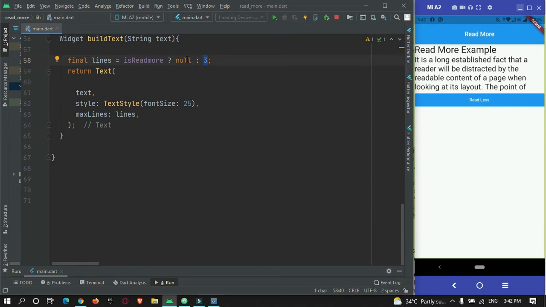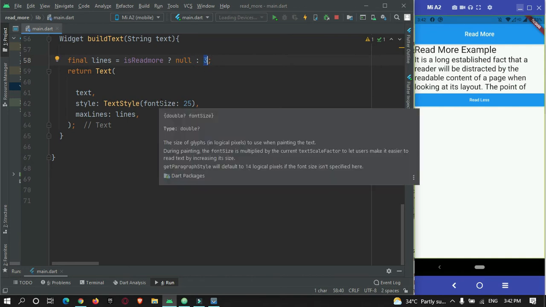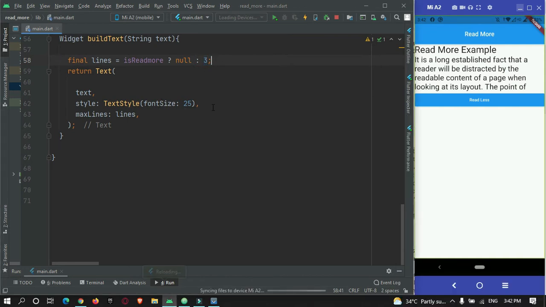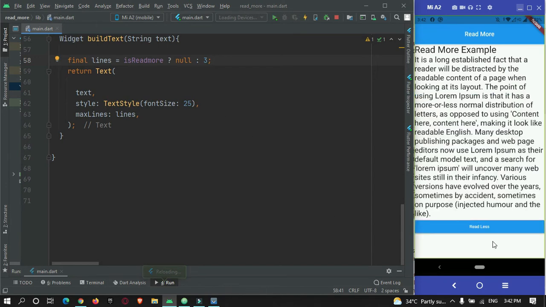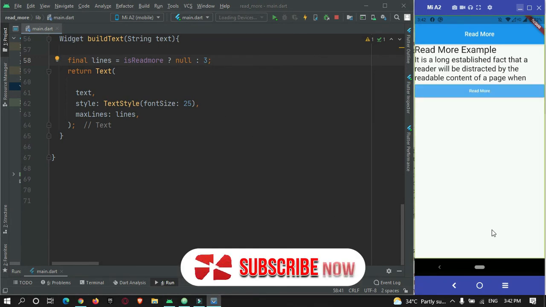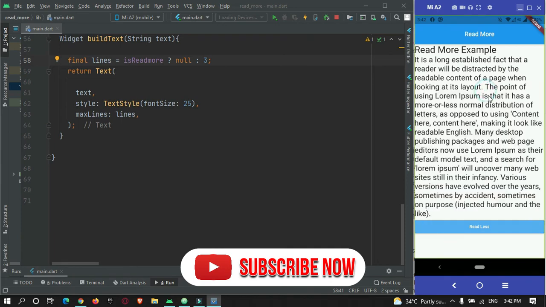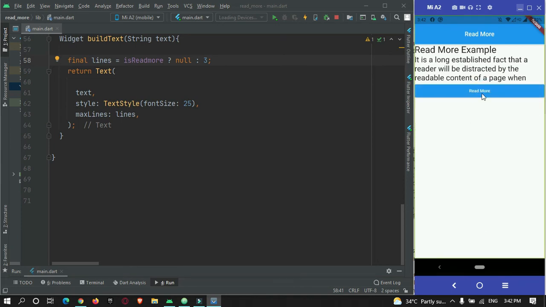It means that if it is null, we are going to show all the text in this text field, and if it is false, then we will limit the number of lines to be shown. Let me refresh the app. Hot reload. I'm pressing read less, and you can see read more, read less is working perfectly fine.